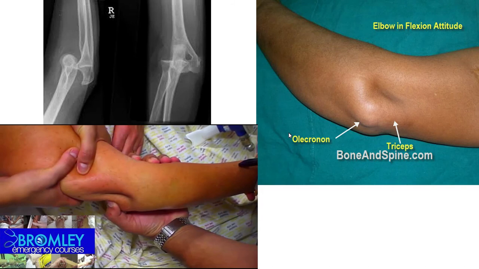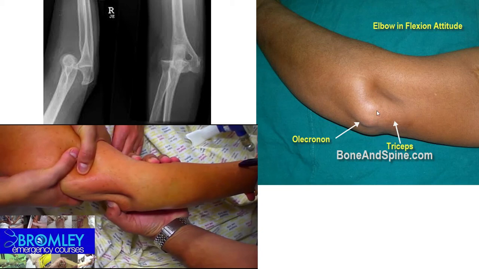Now one most common emergency in the elbow is elbow dislocation. Elbow dislocation can be direct posterior, anterolateral, or anteromedial. Due to this dislocation, this is very common in our emergency. How do you diagnose? You can feel the olecranon tip along with the triceps tendon, and you can feel the hollowness